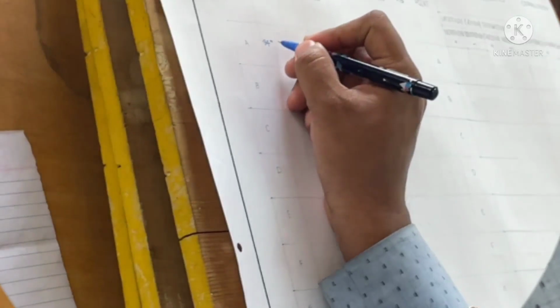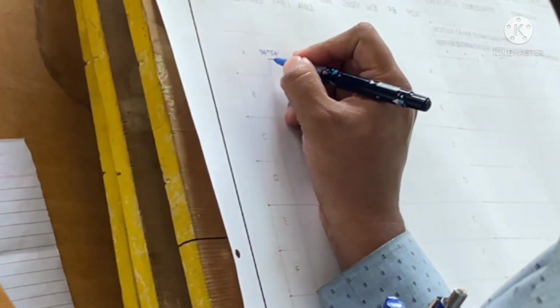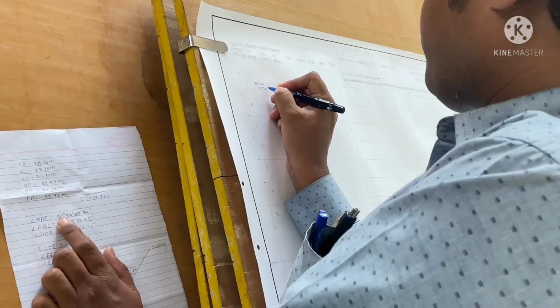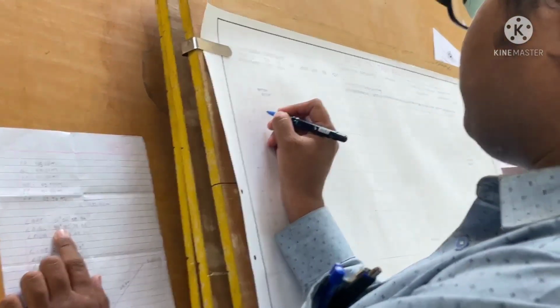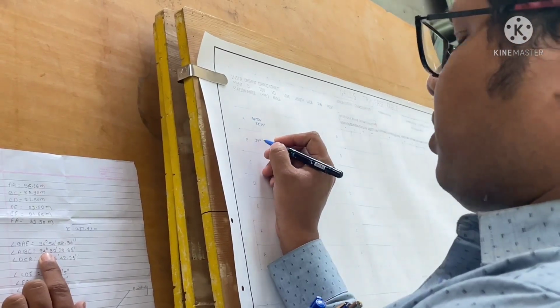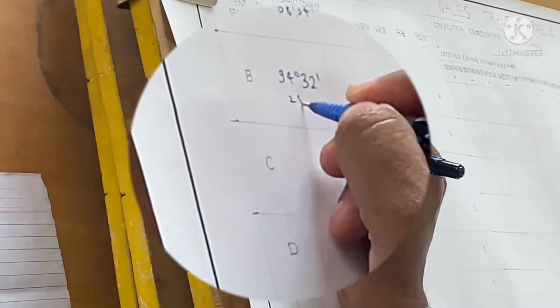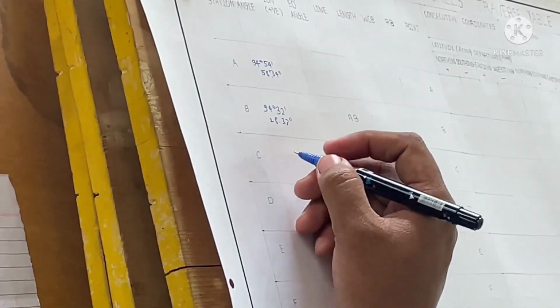94 degrees 54 minutes 58.34 seconds. Then for B, it is 94 degrees 32 minutes 28.33 seconds. For C it is